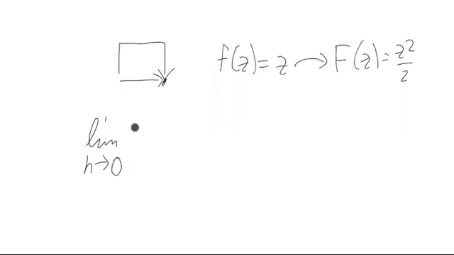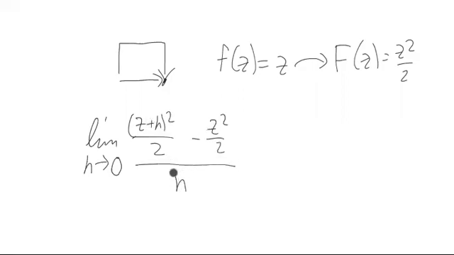So, for instance, we just take a regular difference quotient here of this guy right here. And in this difference quotient, it behaves the exact same way as it would computationally in this limit as for a real variable. And so you can expect to get the same thing you would for a real variable, which would end up being z, since that's the derivative of z squared over 2 if it were a real variable. Hence,